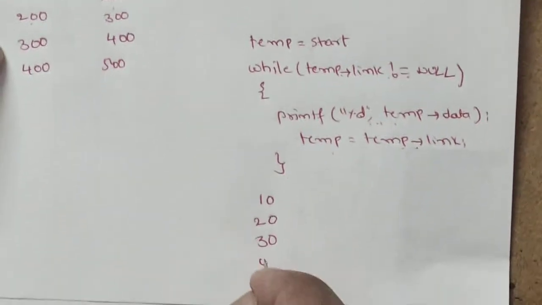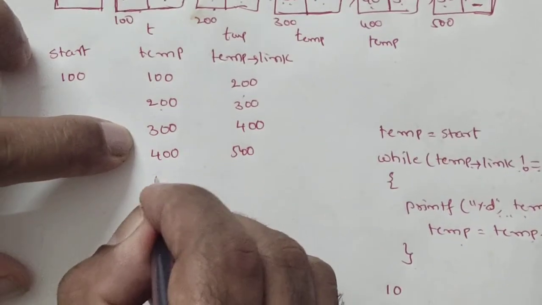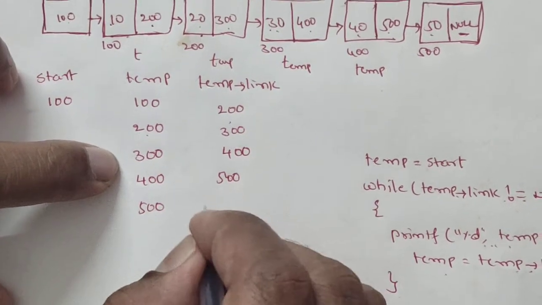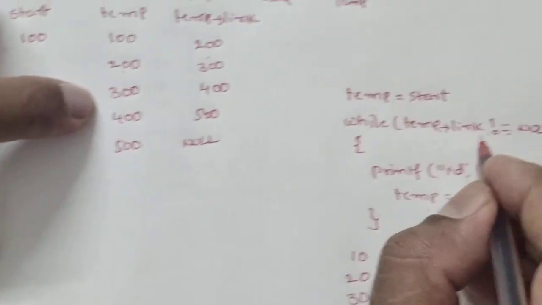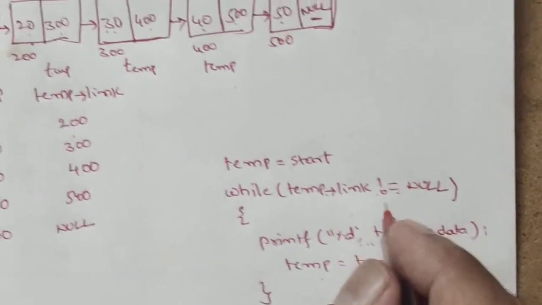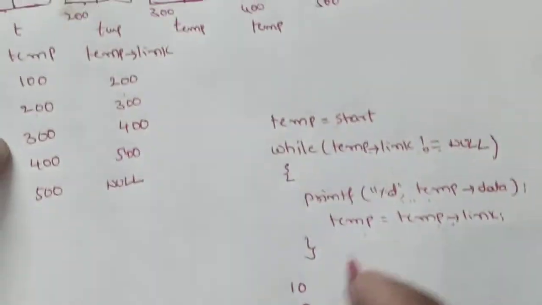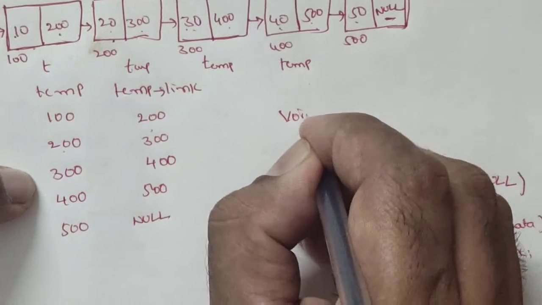Print 40 and temp equal to temp dot link, 500. Temp equal to 500, temp dot link equal to null. So temp link not equal to null is false, which means we come out of the loop. Simply we are going to keep here